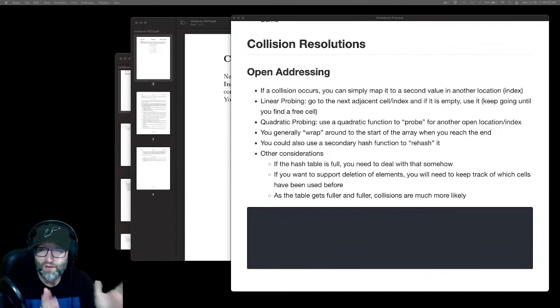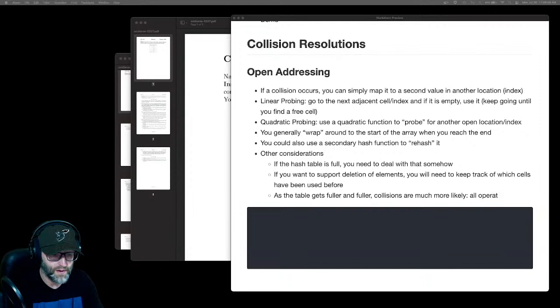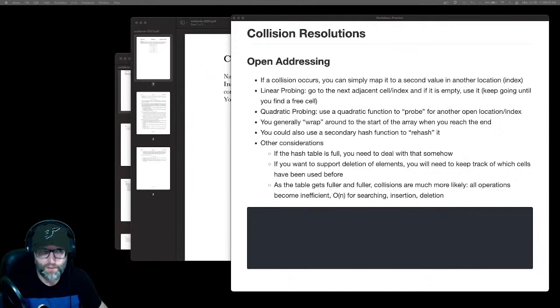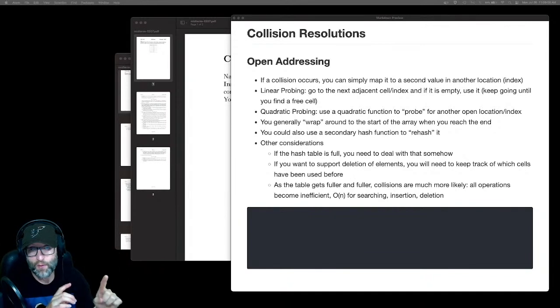And now everything basically devolves into linear search. All operations become inefficient, order n for searching, insertion, and even deletion, because to delete something you have to search for it. So even if it's all empty except this one element that you're looking for,